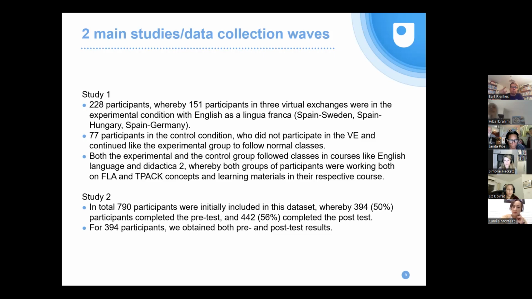They were then enrolled in a virtual exchange in the next phase. So they were not necessarily disadvantaged, they just didn't get the virtual exchange at the first go. And they were all studying in courses like English language or Didactica 2, for example. And then the second study we did was basically, we gave the courses to 790 participants. But in the second phase, we didn't have a control group anymore, but we had, of course, a control group from the first